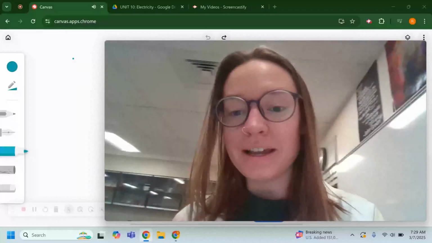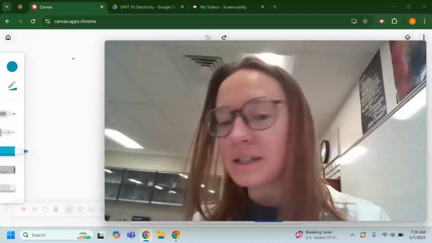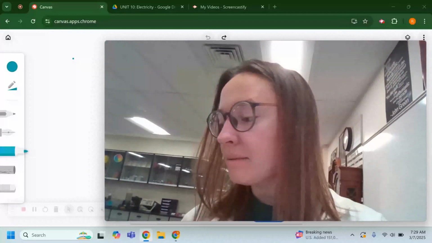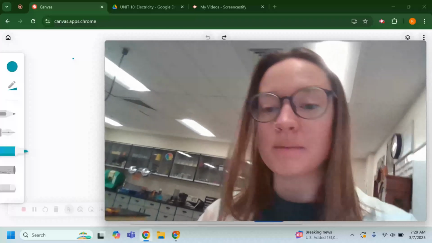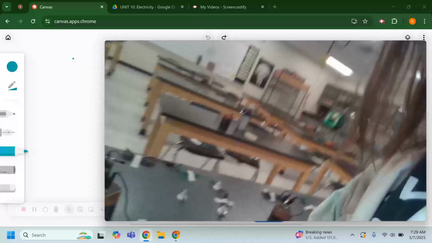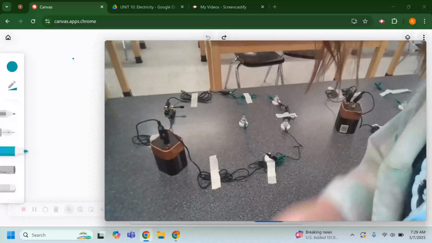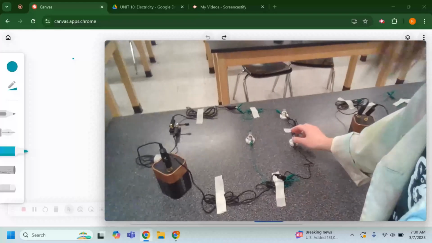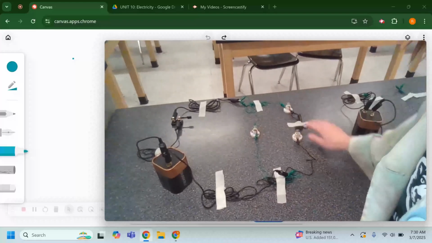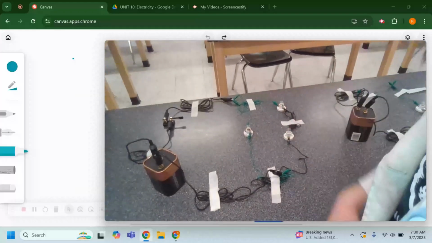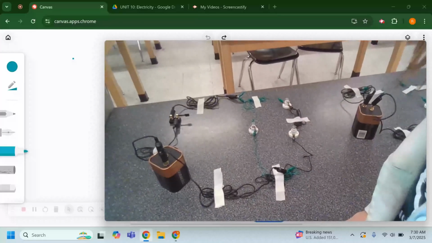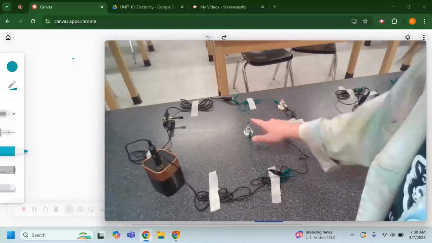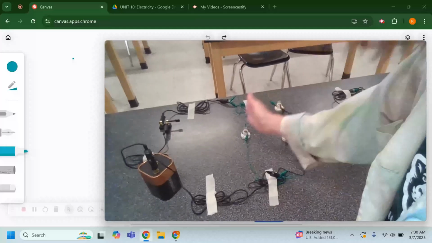Hello everyone. Today we are going to be looking at some compound circuits. I'm going to show you here some examples of some compound circuits. Here is our first one. In this one, you can see that I have a light bulb here and two light bulbs here. I kind of tape things down so that you can see the organization a little bit here. These two light bulbs, you'll notice, are in series with each other, while this light bulb here is in parallel